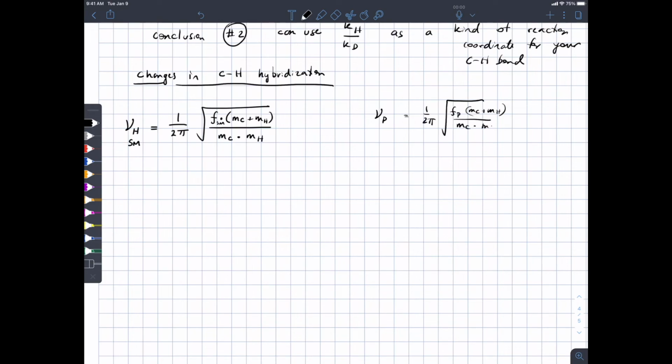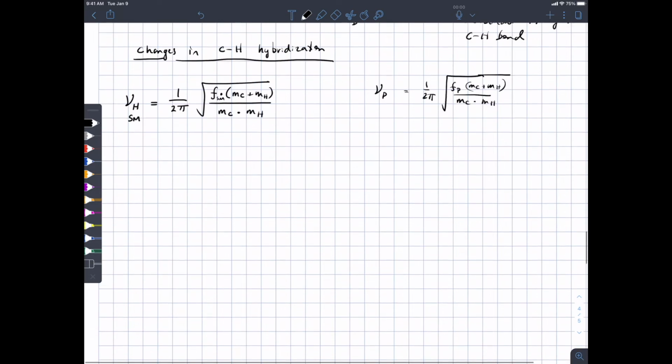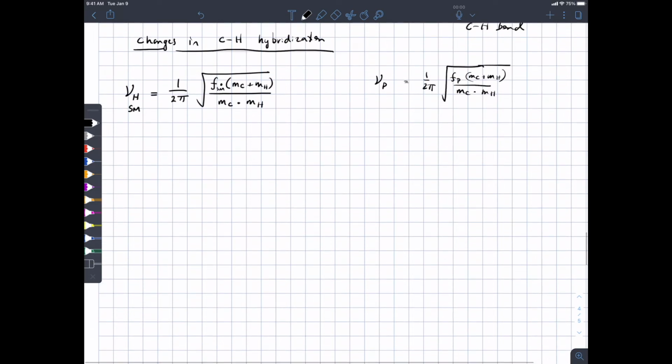And then we'll use the Hammond postulate to figure out where the transition state is in product versus starting material. So let me show you a couple of examples of bond vibrations that do change with hybridization versus bond vibrations that don't change very much with hybridization. Okay,